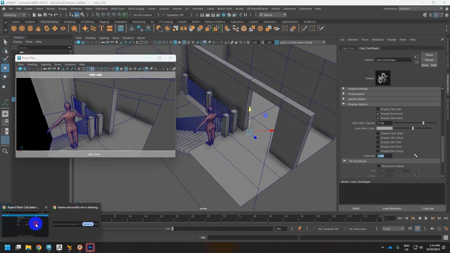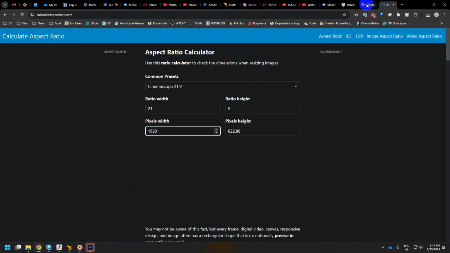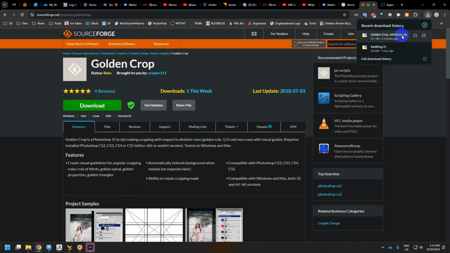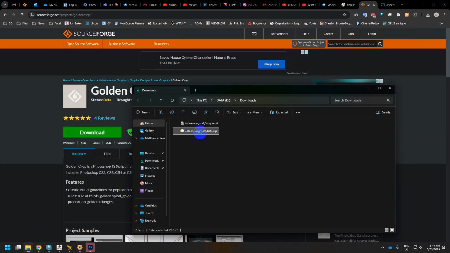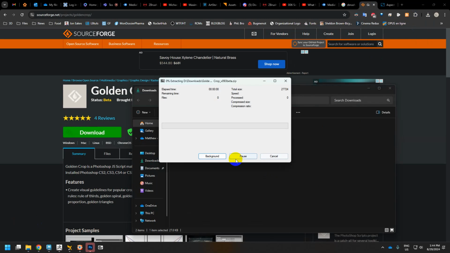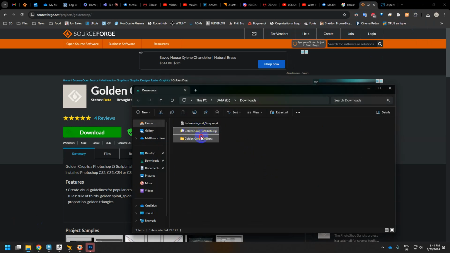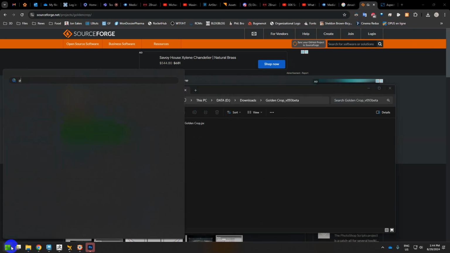Okay, sorry, going back to the script, I'll download this thing. It's very, very simple and easy to run. So I'm basically going to just unzip this thing. And then I will copy this, go to Photoshop,